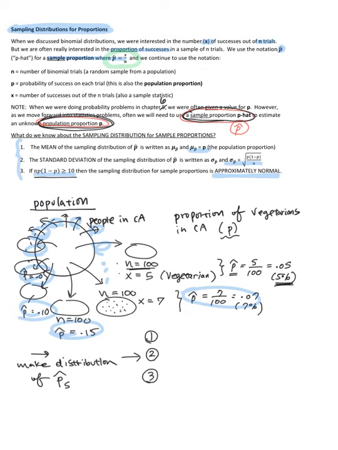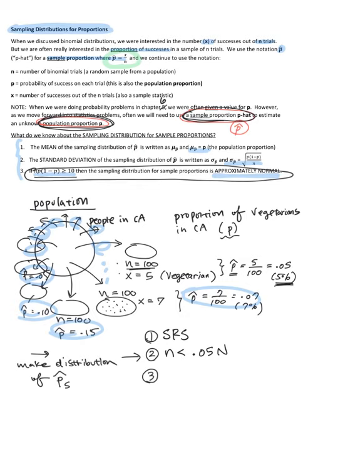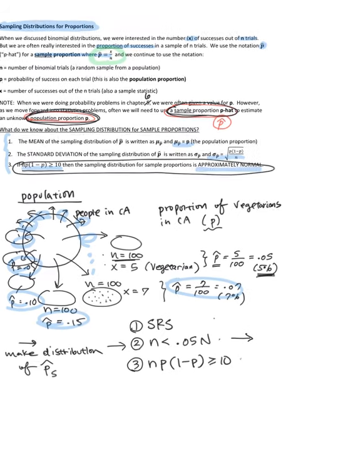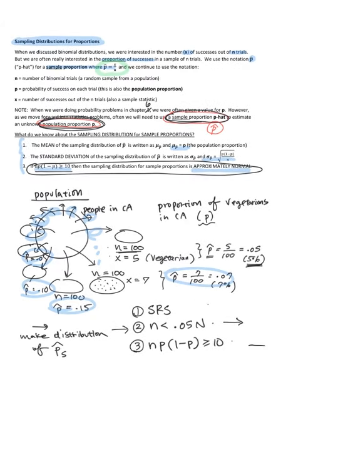These requirements are, number 1, SRS, the sample is a simple random sample, which is not new to us. Number 2, the sample is independent, so n is less than 0.05 of the entire population. And number 3 is this one right here: n times p times 1 minus p is greater than or equal to 10. If these 3 items are satisfied, then you can conclude that